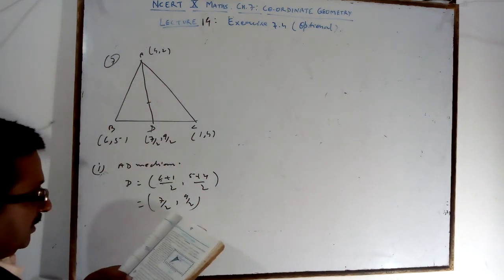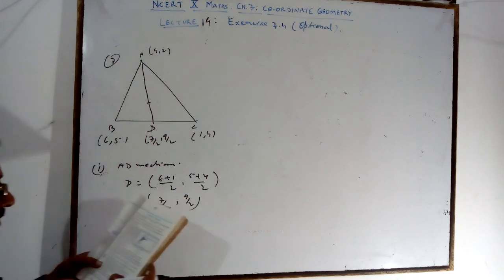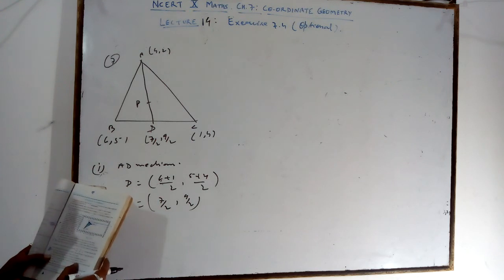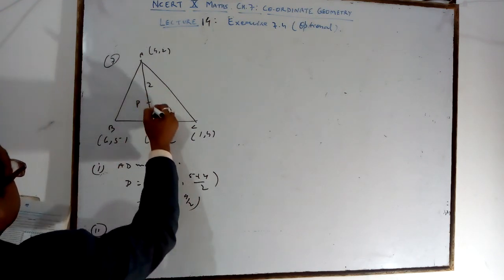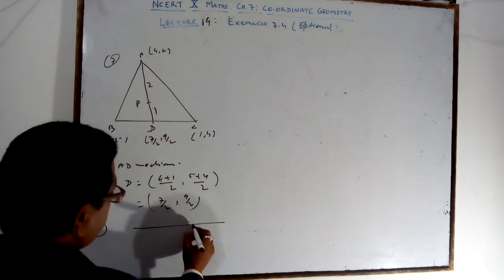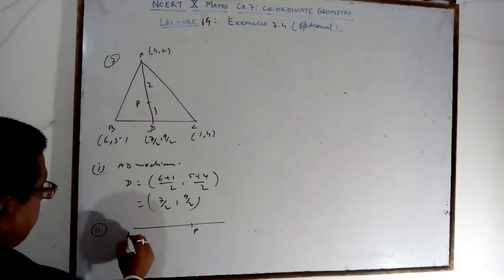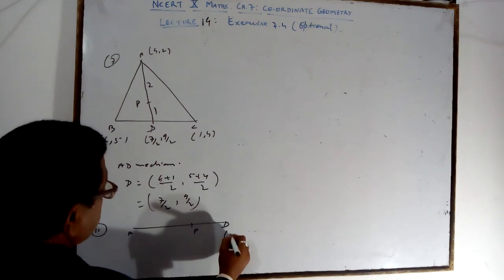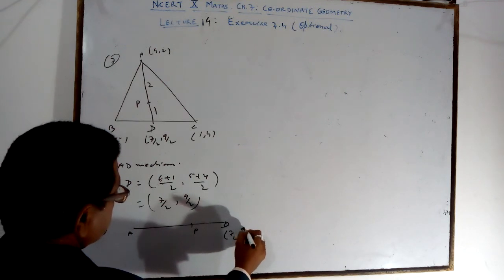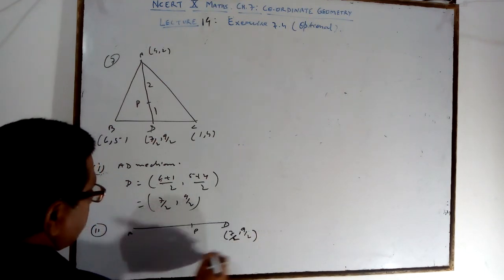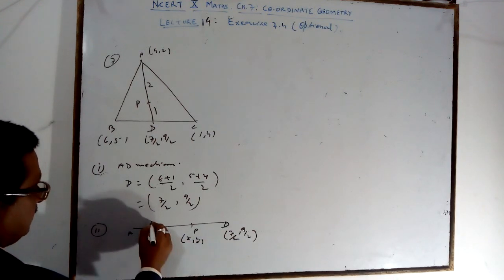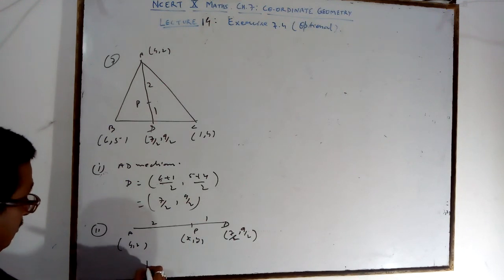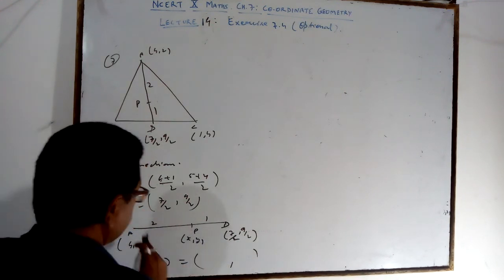Then find the coordinate of a point P on AD. Second part: find the coordinate of point P on it such that AP to PD is 2:1. It is given, so by the section formula you find the point. A is here, D is here. What is given? 7 by 2 and 9 by 2, P is x, y, the ratio is 2 and 1, and the coordinate of A is 4, 2. You will get the coordinate of P by the section formula, m1 and m2.